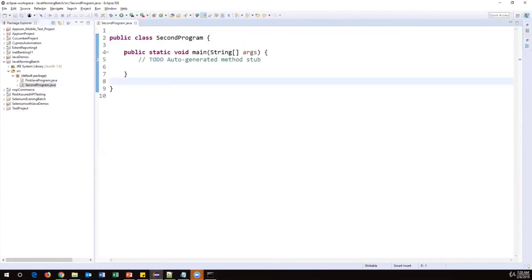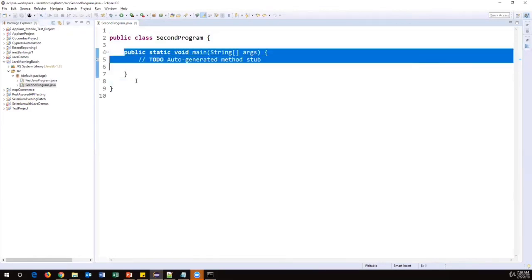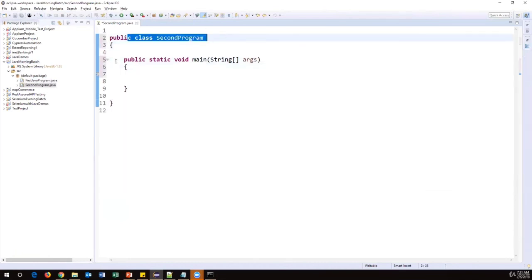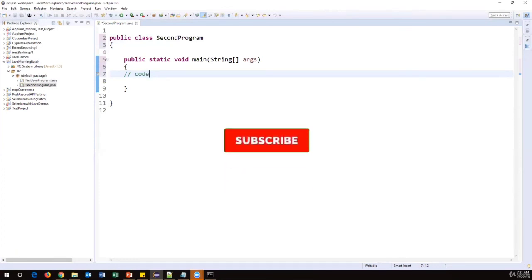This time you need not write the main method because we have already included it. This is just a comment. Comment means this statement will be ignored by Java. So we can just remove those comments. And these curly braces can be on the same line, or we can put them on the next line. That is up to you. So this is a class and this is a method, and here we have to write the Java code. So this is another way of creating the class along with the main method. All right, so we have seen how to configure Java, how to configure Eclipse, and how to write a basic Java program.